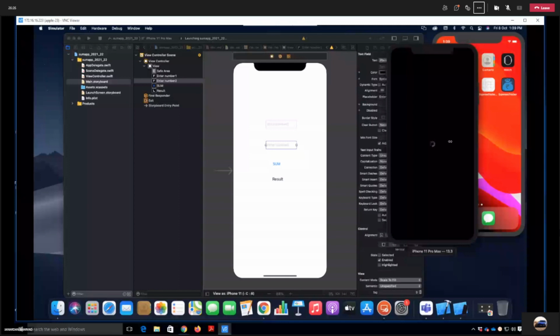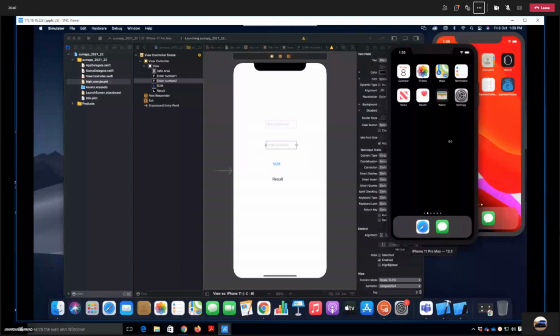It will take time as it is the first time it is loading. So the simulator is open. Now let's wait to launch our application inside that simulator.